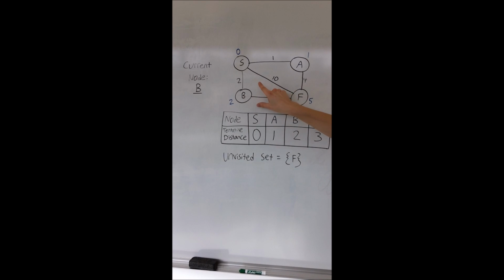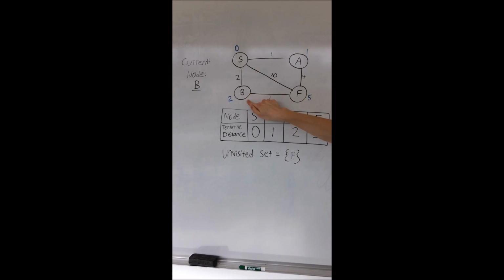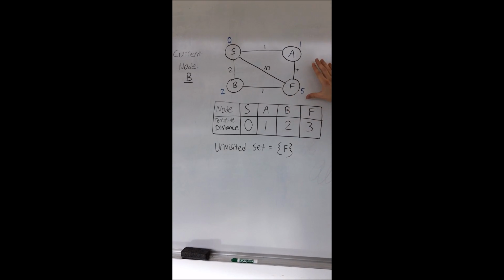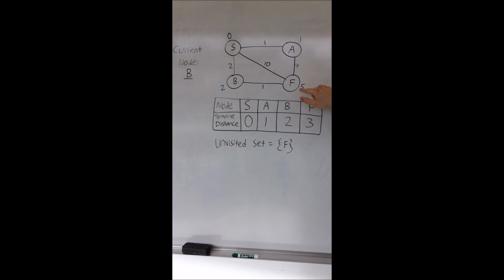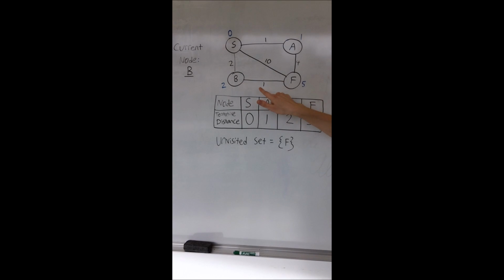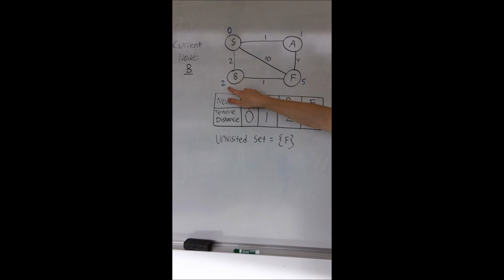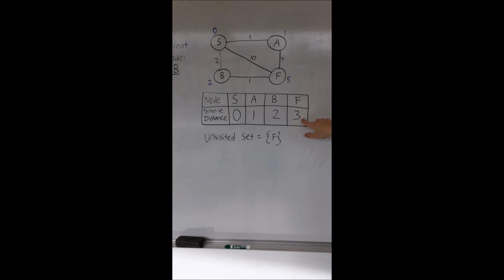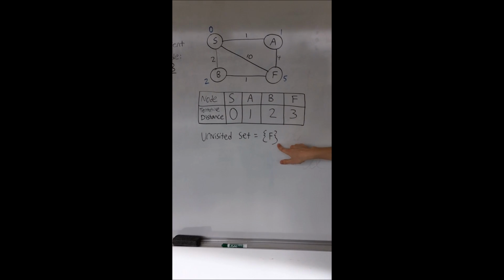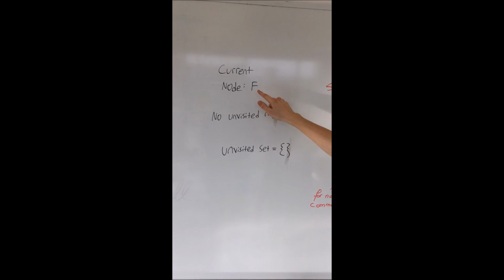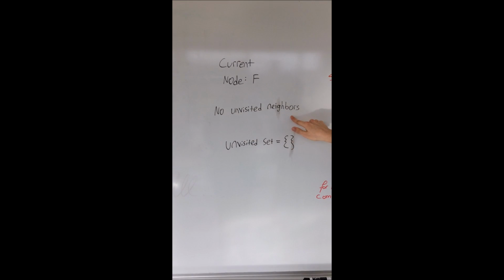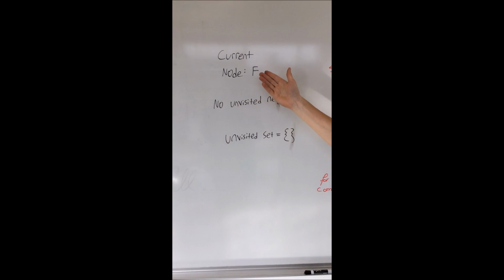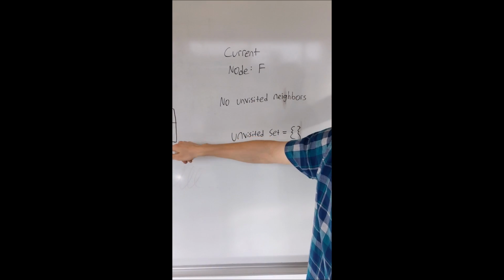This time, the unvisited node with the lowest value would be B. We look at B's unvisited neighbors, which is only F. We compare F's old distance value of 5 to the new path distance from B to F, which is 2 plus 1. Because 2 plus 1 is lower than F's old value, F is given a new tentative distance value of 3, and B is removed from the unvisited set. Now the current node would be F. F does not have any unvisited neighbors, so it terminates, and we return a value of 3 for the shortest